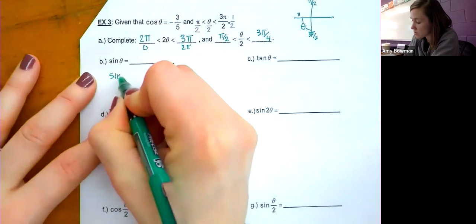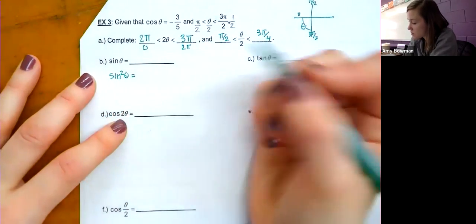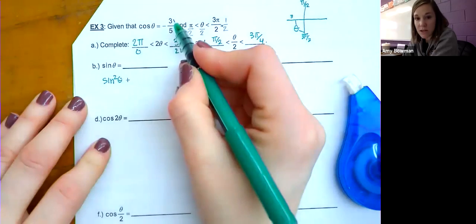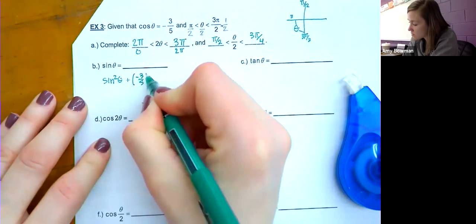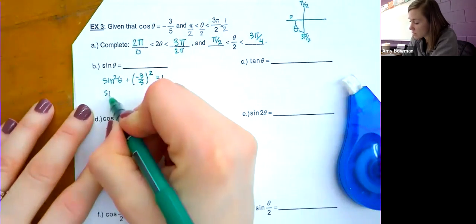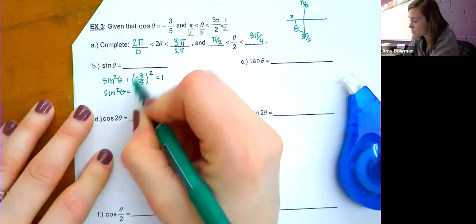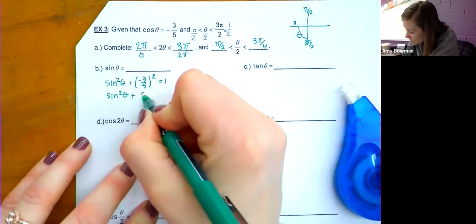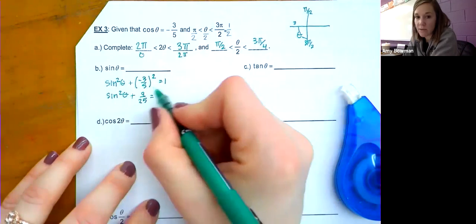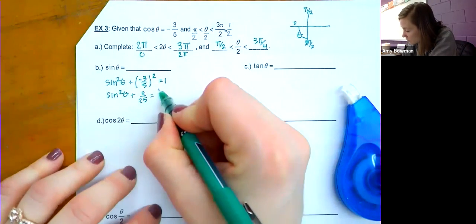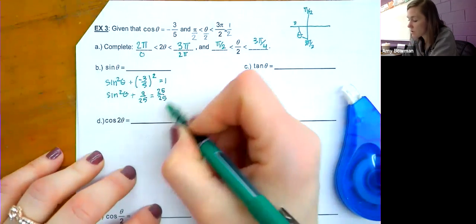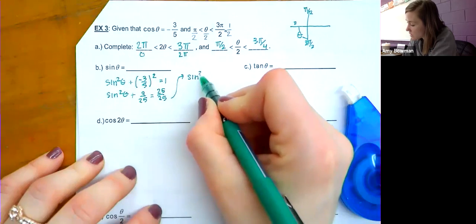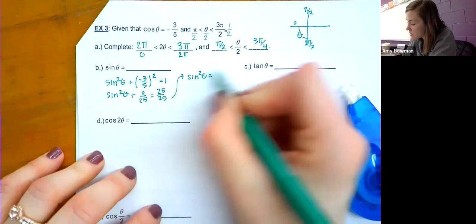All right, so I know that sine squared theta plus cosine squared theta equals 1, so cosine is negative 3/5 squared. So sine squared of theta plus 9/25 equals, and here's where I rewrite 1. I'm going to rewrite 1 as 25/25. Now I can easily subtract 9/25 from both sides. So the sine squared of theta equals 25/25 minus 9/25, which is